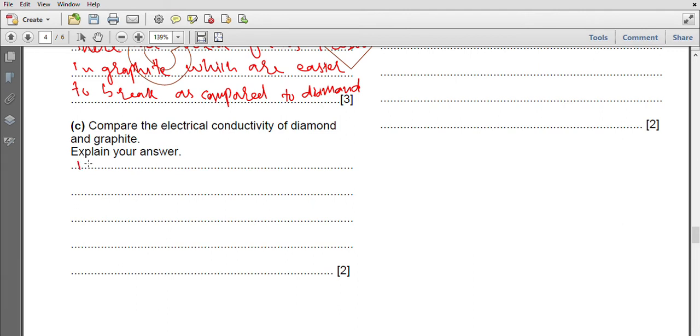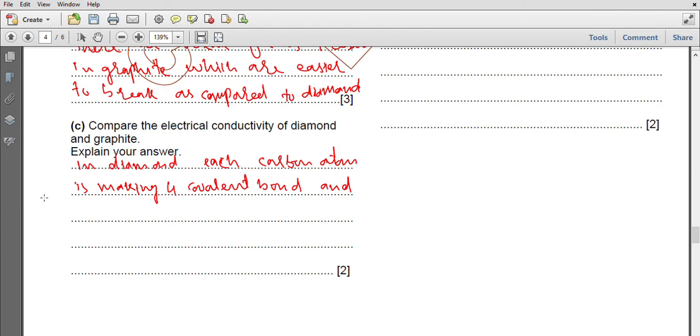We can say in diamond, each carbon atom is making 4 covalent bonds and has no free electron,